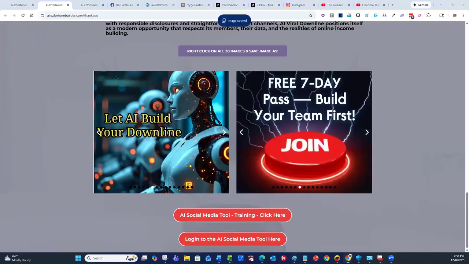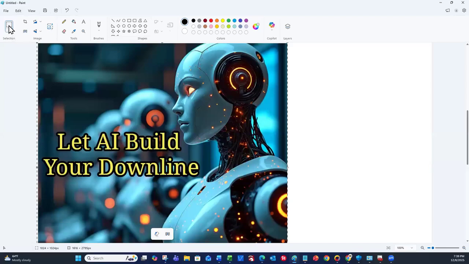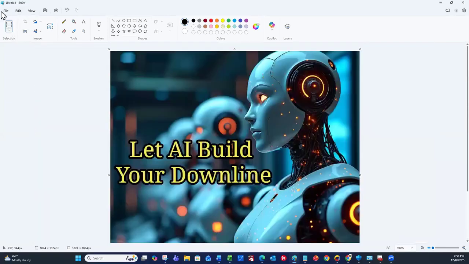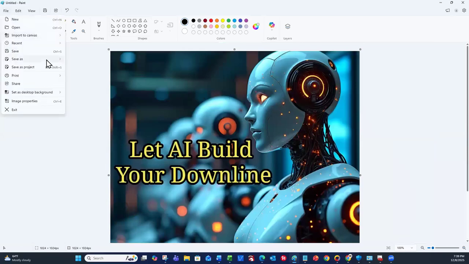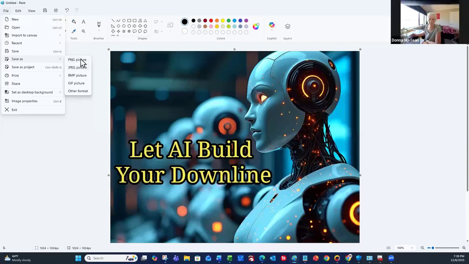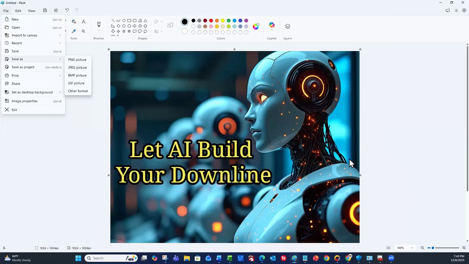Then bring it over here and paste it. And then hit crop. So it goes there. Now, edit it however you want. And then go save as. You want a PNG, JPEG, PNG. And now save it to the same folder each time.